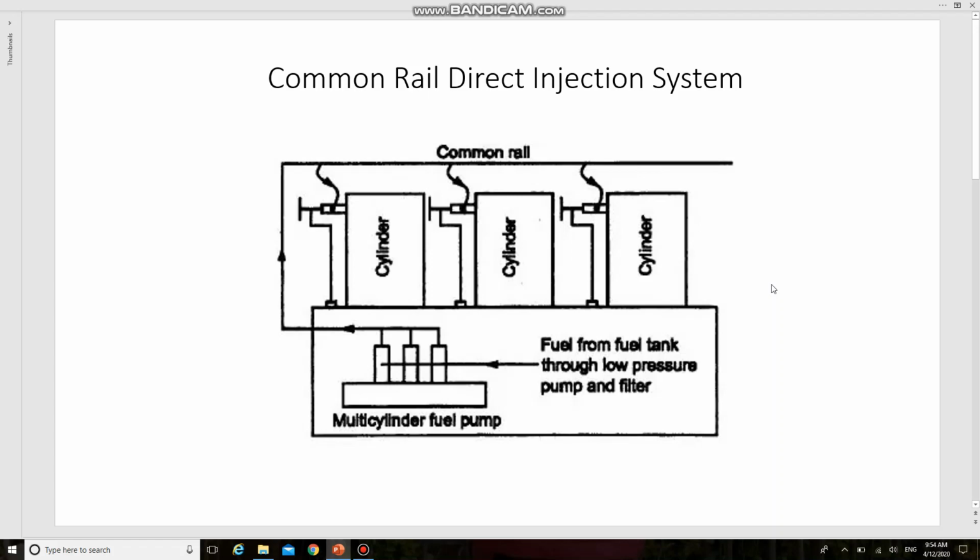So if this question is asked in a university examination, you have to draw the diagram, and you have to write the construction, working, advantages and disadvantages. Most probably this question will be asked for 7 or 8 marks, so you cannot expect this question for 13 marks. Drawing is important. Based on the drawing, write the construction and working. Prepare well. Thank you.